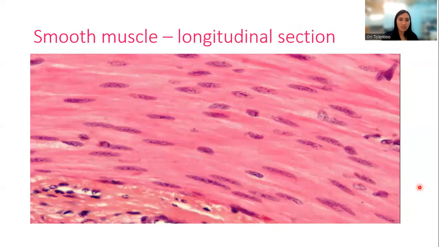This is a longitudinal section of your smooth muscle. I can see again, it is elongated with fusiform shape. They are spindle shaped. They are so tightly packed, you almost cannot distinguish one muscle fiber from the other. The fibers are small with a central nucleus located midway along the fiber. It is non-striated, so that's why it looks smooth. You can see there are no striations.